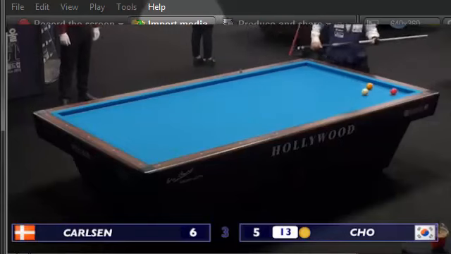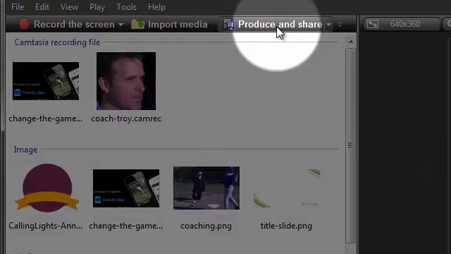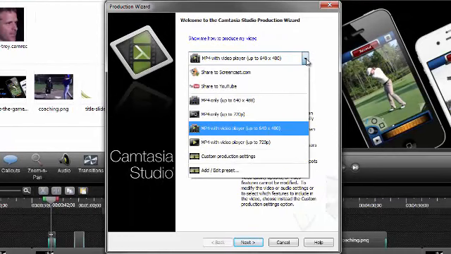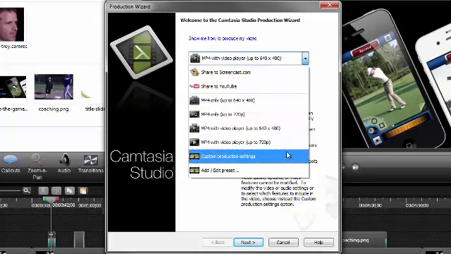When you're done with your video project, you'll need to click the Produce and Share button to create a shareable video. Expand this menu to see a variety of presets. We have a new video player that plays back your MP4 video